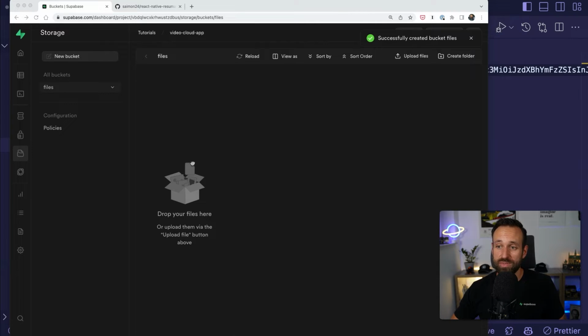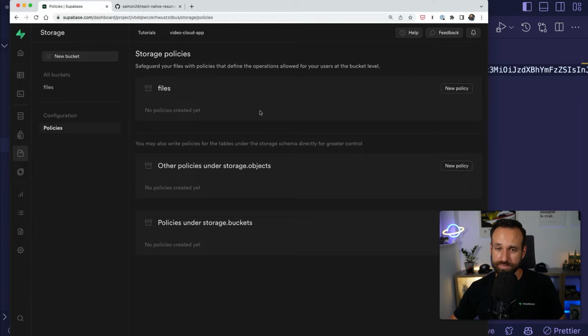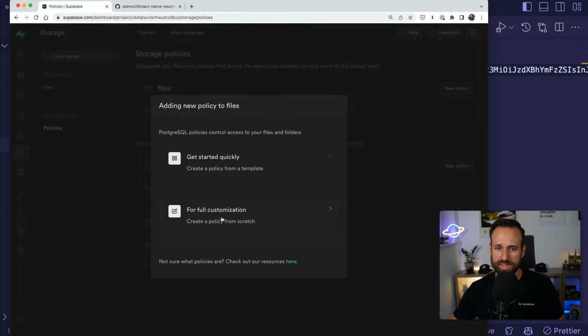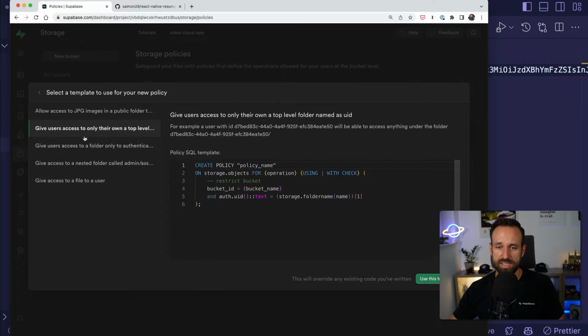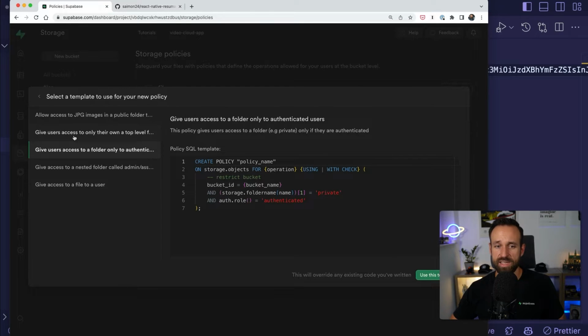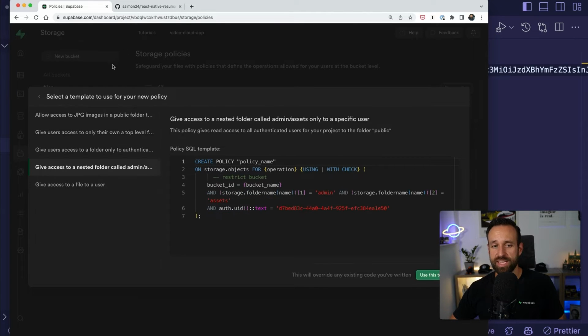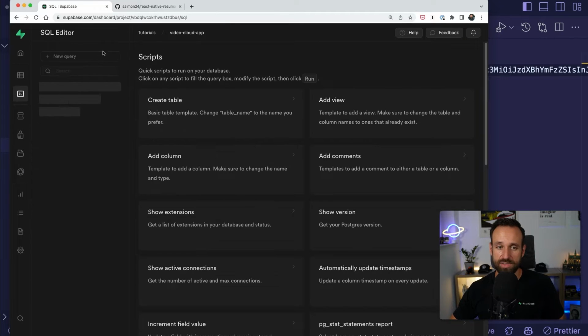And to make sure that the files are in fact safe, we're going to add a policy. Now, you can create policies from here. They're actually cool starting templates. So if you don't know what a policy is or how it works, these examples give you a really nice starting point. However, I figured this out, and the policy we want to use is something we can just do